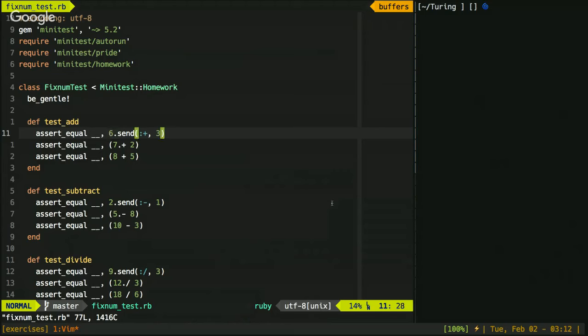So when we look here at line 11, what do you think 6.send, the symbol plus, and 3 will get me? Ali says 9.